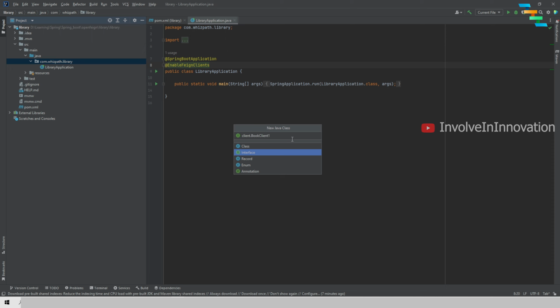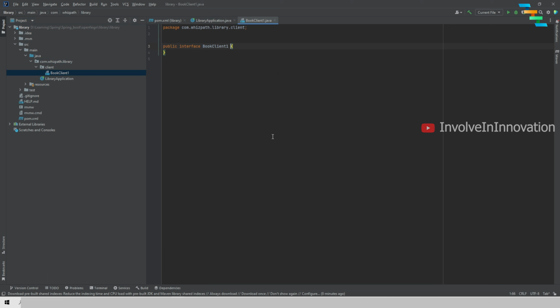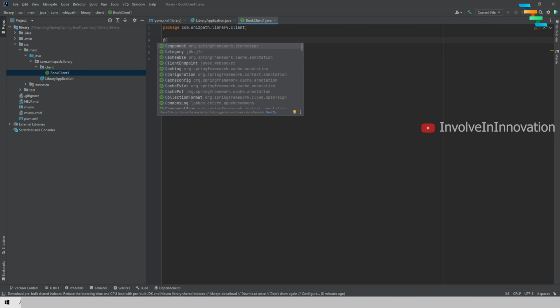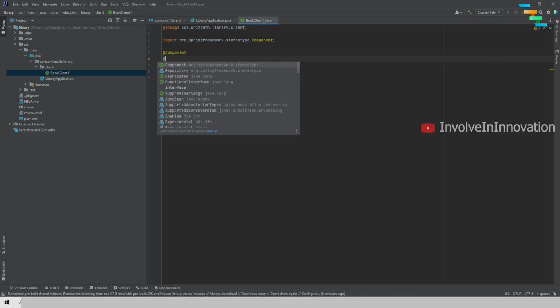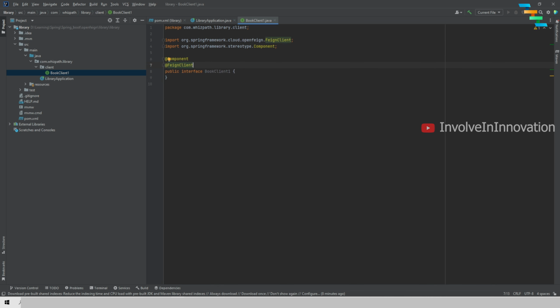So I'm just naming this as BookClient1 because I'm going to create another client, that is BookClient2. We need to annotate this with @Component. Here this is where the Feign client really shines. So here we don't need to do anything extra, we just need to add the @FeignClient annotation. So to do that we need to give this annotation @FeignClient, and here in this case these are